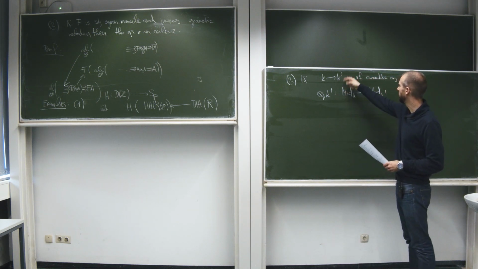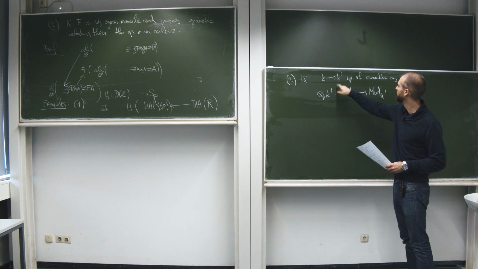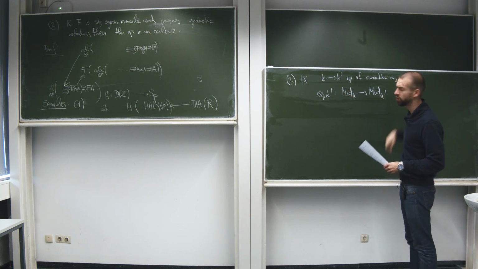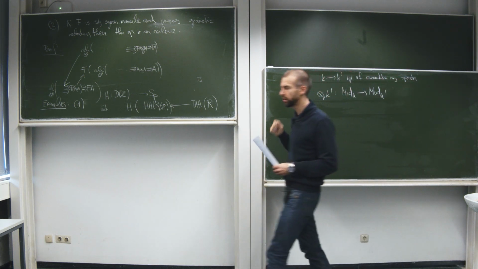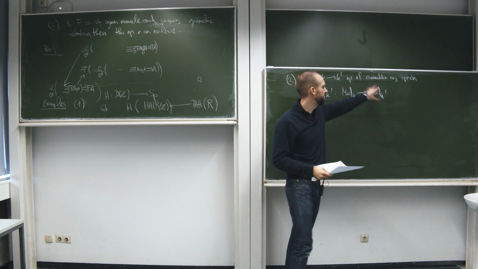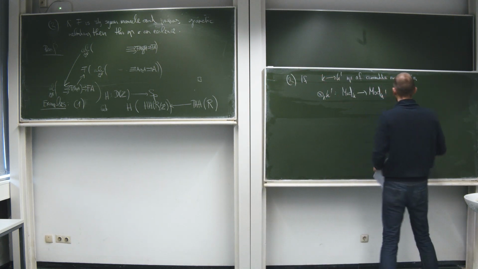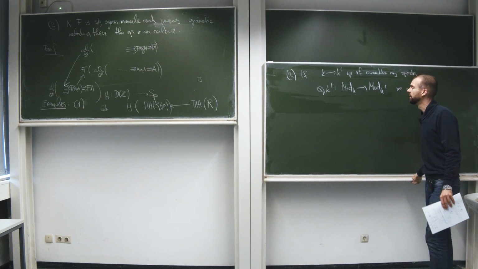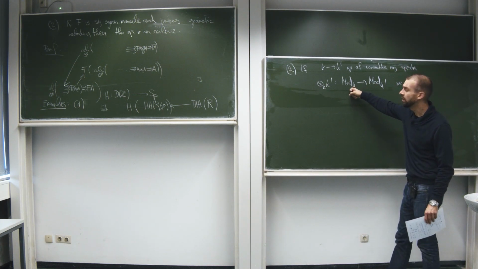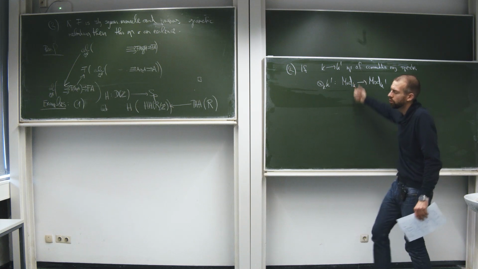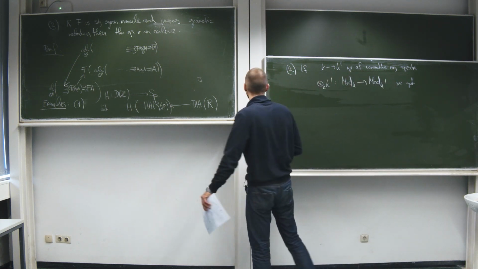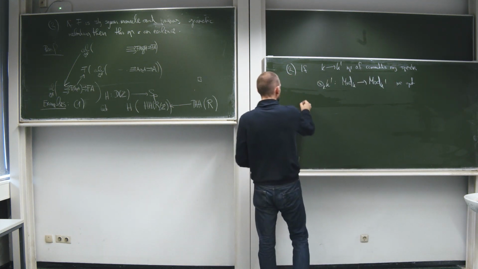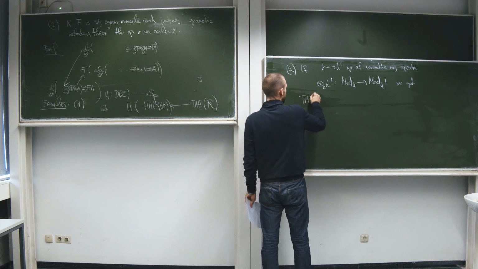For example, if these are ordinary rings, then this is just the base change functor, the derived base change functor from the derived category of K to the derived category of K'. And now this functor is symmetric monoidal and preserves all colimits. In particular, it preserves geometric realization. So we get that THH